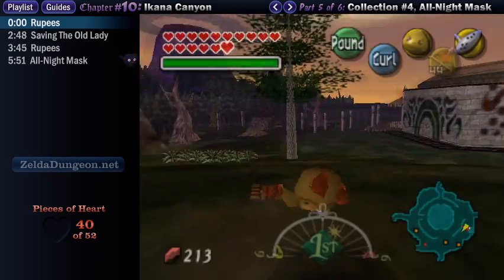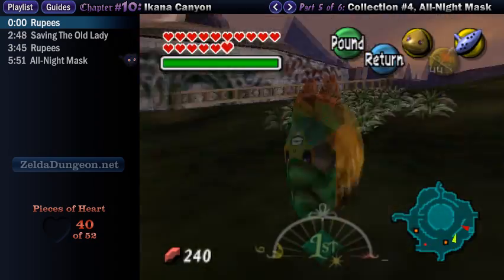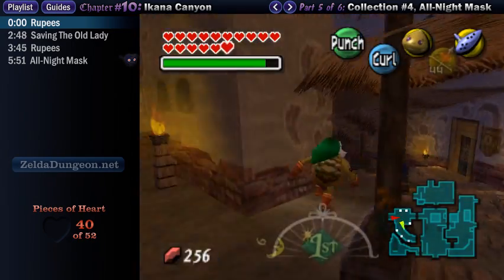Back in Chapter 8, I completed the Scutula house in Great Bay and got the Giant's Wallet, which allows me to hold up to 500 rupees. This will allow us to buy a new mask, but there's something we have to do first. We want to play the Song of Double Time to take you to the first night, and then wait around